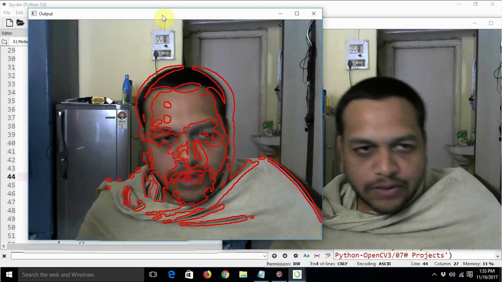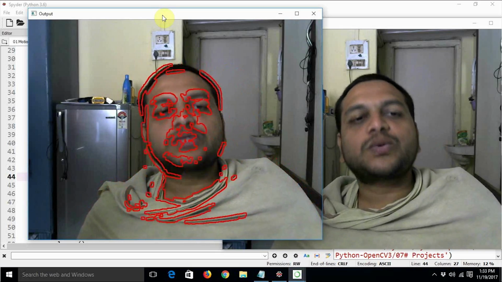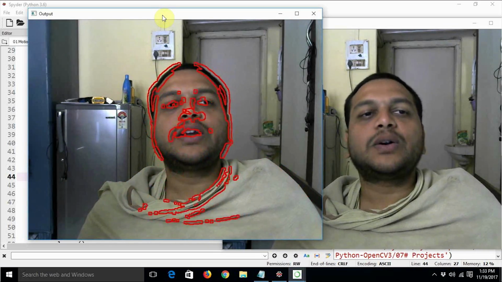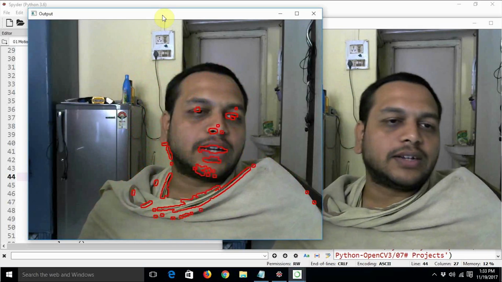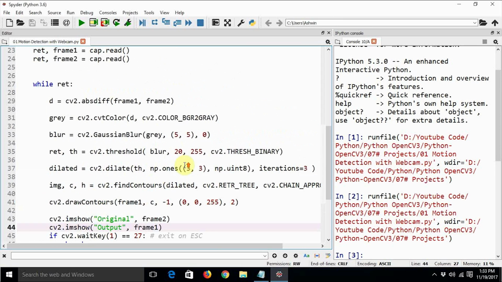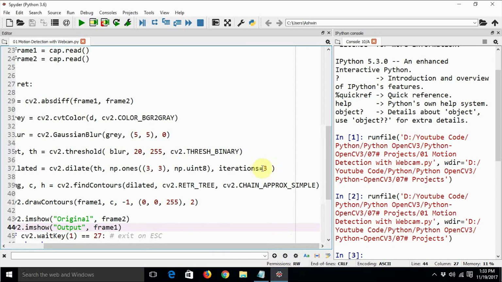So there is even a way to achieve better results for this. Because my processor is quite fast, I can just apply this dilation and erosion repeatedly on this image in order to find the contours. So let me improve this code. I actually have a pretty fast computer, that's why I'm able to do all these things. Otherwise, getting these things done in real time is really a pain.